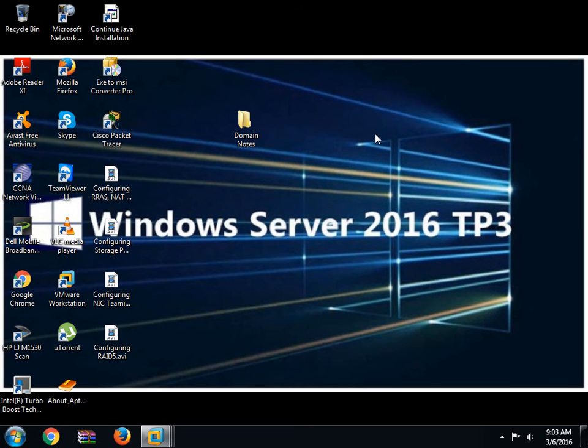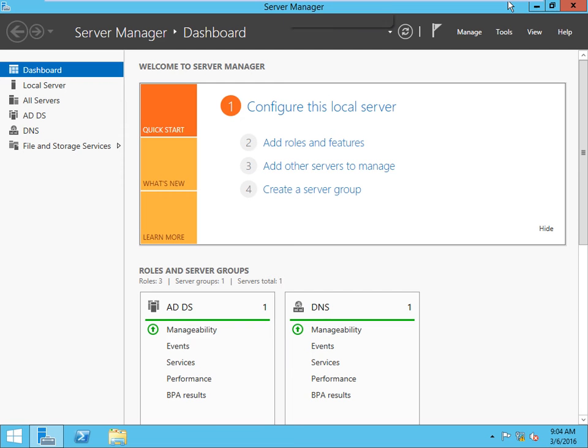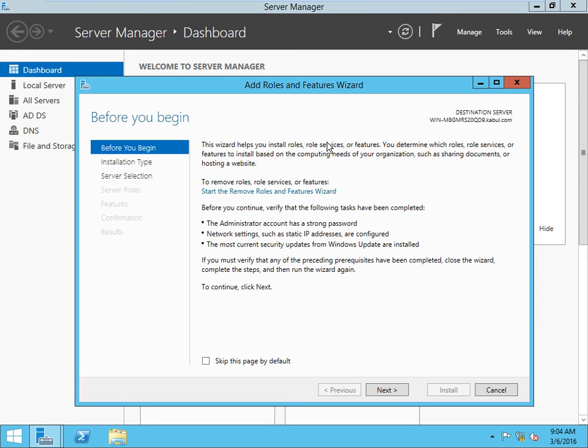So guys, if you want to implement quota on folder, here we have a new feature along with the server, add roles and features.